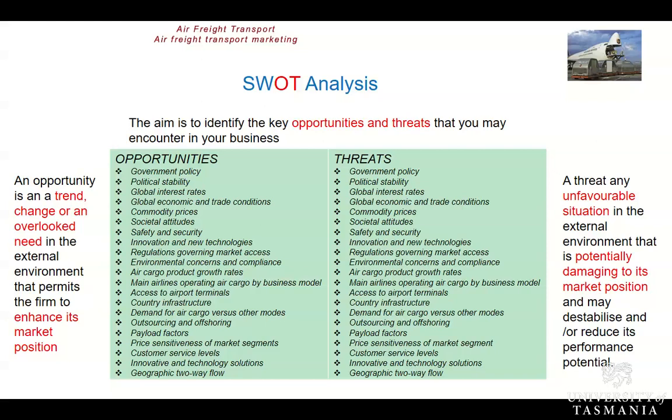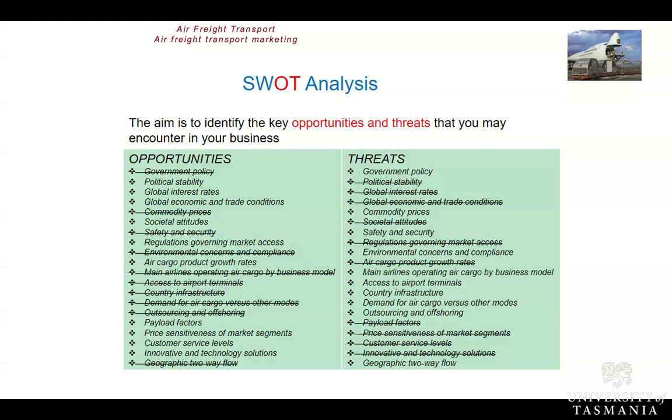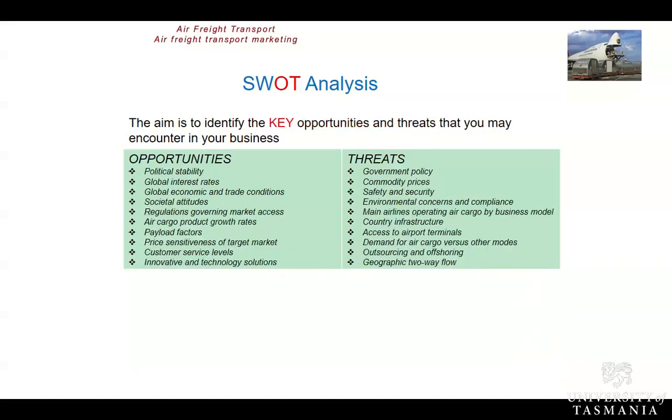So an analysis of each and every one of the pieces of information that you've collected means that you delete a number of elements under the opportunities and you delete a number of elements under threats until you get to a point where you've shortlisted what are perceived as opportunities for your business and you've shortlisted threats for your business. Now, for most businesses, an opportunity presents a new business advantage for you moving forward with your business. A threat is potentially something that could impact negatively on your business.